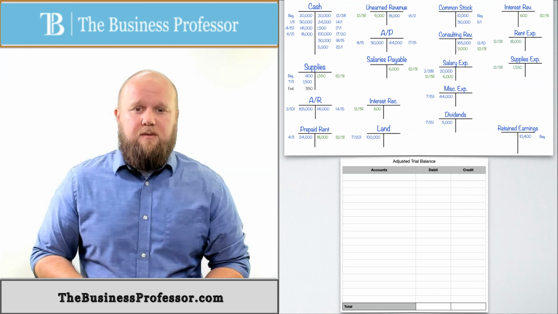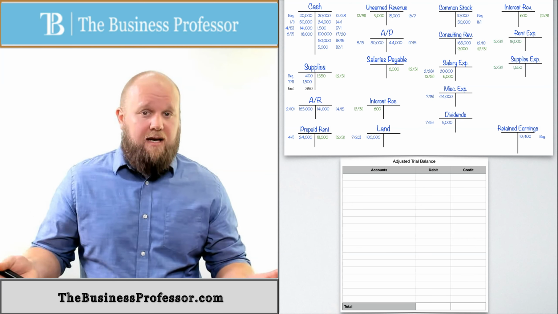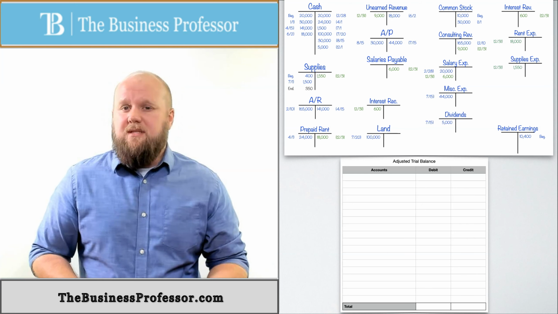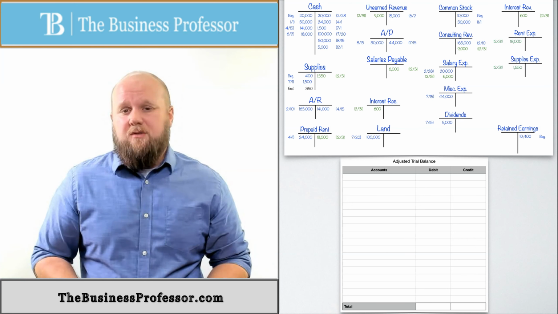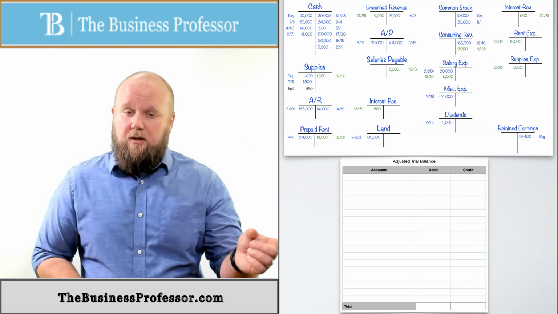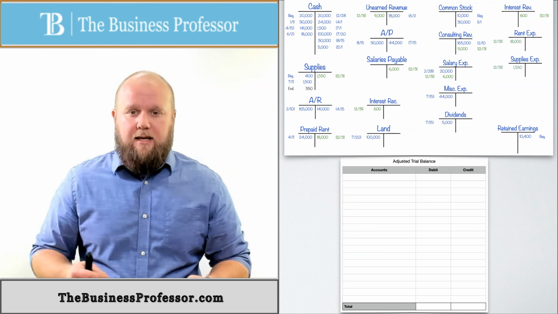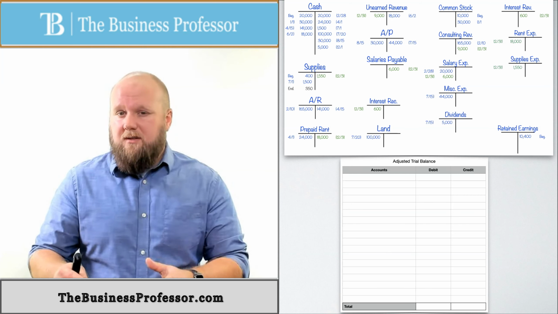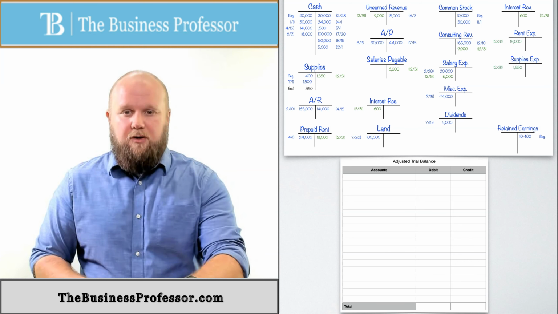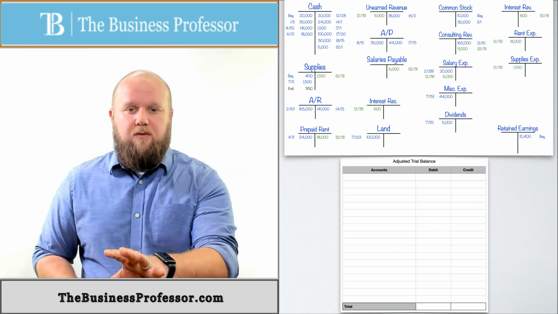Land is going to be super easy because 100,000 minus 0 is 100,000. Some of these can be tricky, which is cash. With cash, what you're going to do is add up all the debits, including the beginning balance, add up all the credits, and subtract the two. So if you want to do that right now, pause the video real quick and see if you can do that on your own. I'm going to go ahead and give you the answers to all these.